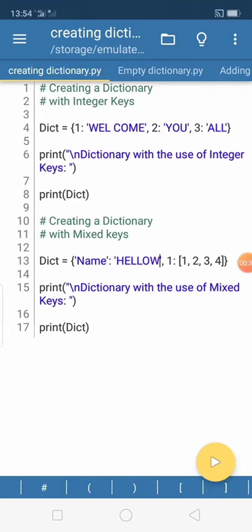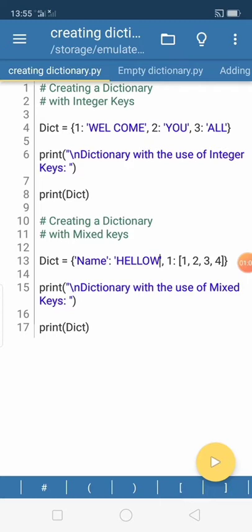The first and second statements are comments, and hash is used to create a comment: creating a dictionary with integer keys. See here, the fourth statement is like this: dict is equal to, in curly brackets, 1 colon welcome, comma, 2 u, 3 all.